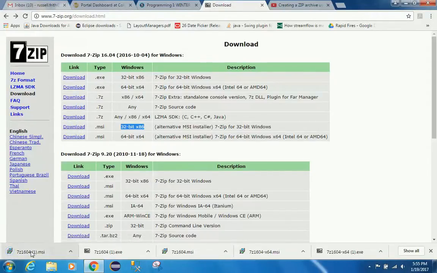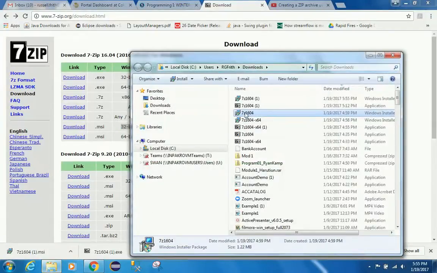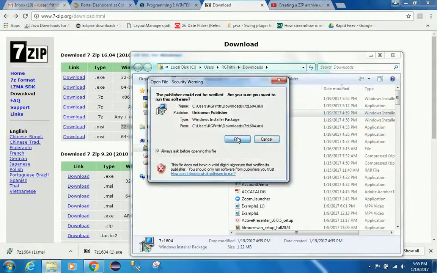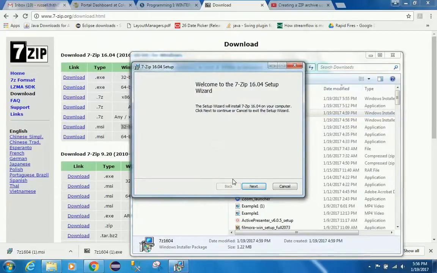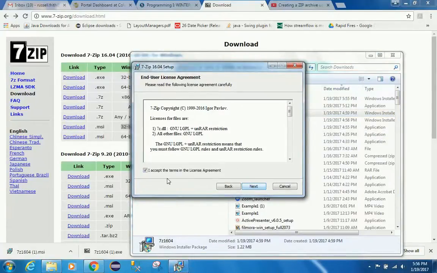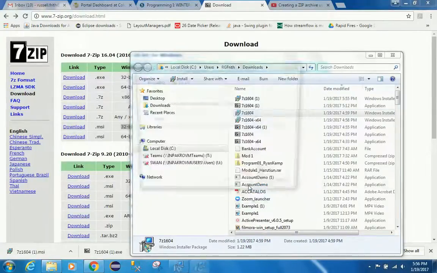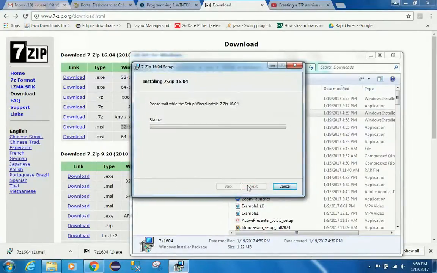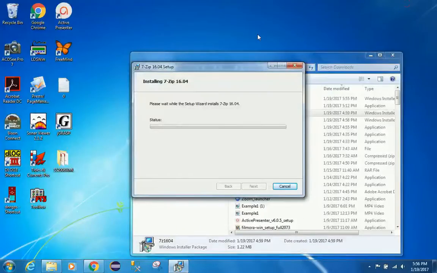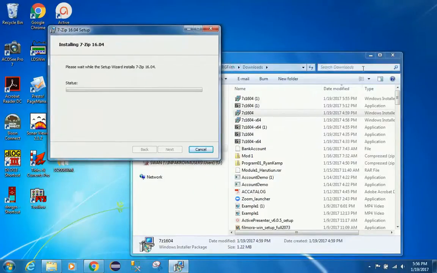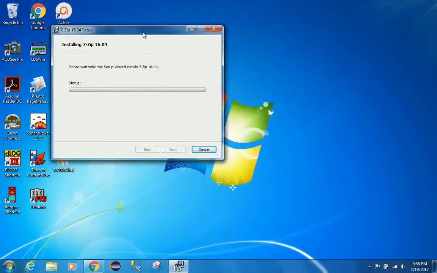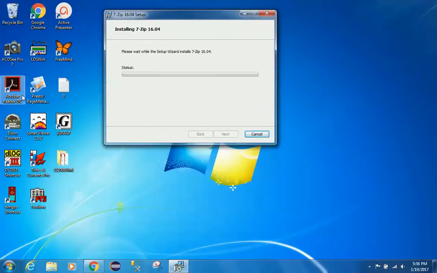As you can see, I've downloaded it a couple of times already. So go to where the MSI is, and then just double click on the MSI and run it. Accept the license agreement, just default through everything, install, and it may take a minute or so for it to install. While this is installing, what you want to do to prepare your archive is create a folder